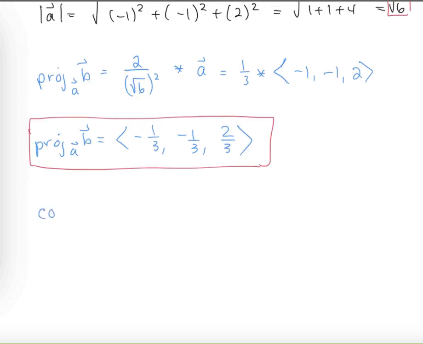Now, to get the component of B onto A, which again is the signed magnitude of the projection vector, meaning that it can be plus or minus, and it's going to basically give us the magnitude of that vector. If the component of B onto A is plus, that means the angle in between the two vectors is somewhere in between 0 and 90 degrees, essentially that they're going in the same direction, or the same general direction. If the component of B onto A is minus, that means that the angle in between the two vectors is going to be greater than 90 degrees, but of course always less than 180